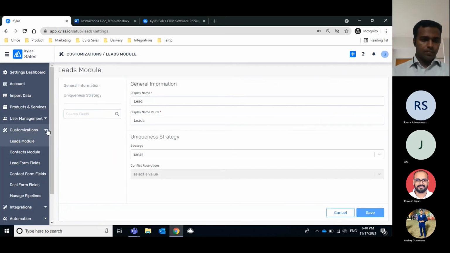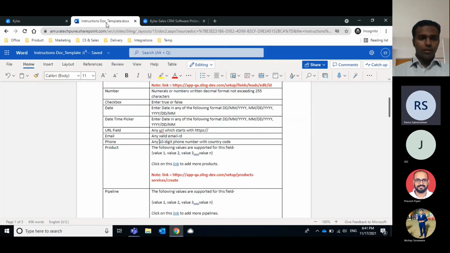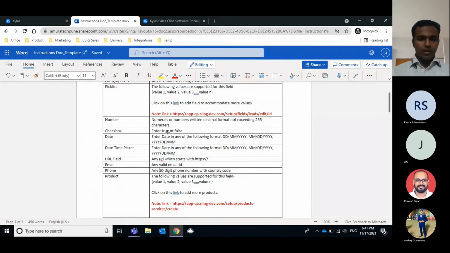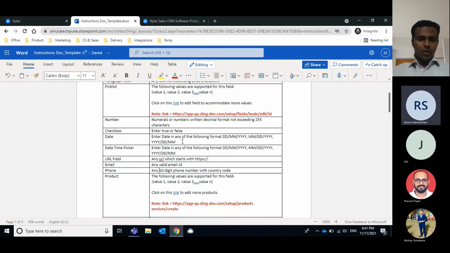Also, I wanted to know, in the Excel file, how do you define what type of fields there are, whether it is text or numeric? Do we have to define it? I think it should already be there, right, since we are downloading the sample file. Yeah, you don't have to define it. It is already defined whether it is a text or pick list, or a date field or anything; that will already be there in the Excel file. The only thing is that you should follow this format with your data.